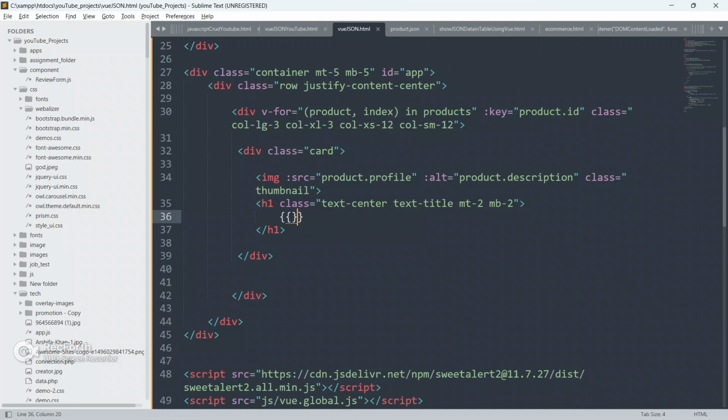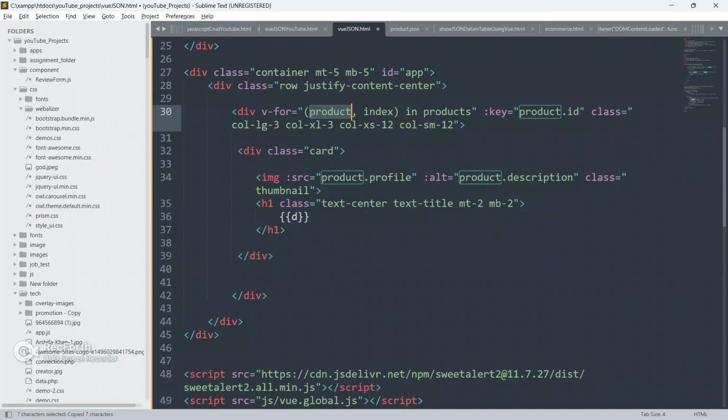Always remember, double curly braces is a must, because only then will we be able to evaluate our expressions. We must put each and everything inside the double curly braces whenever you are about to show details on the screen to the user.